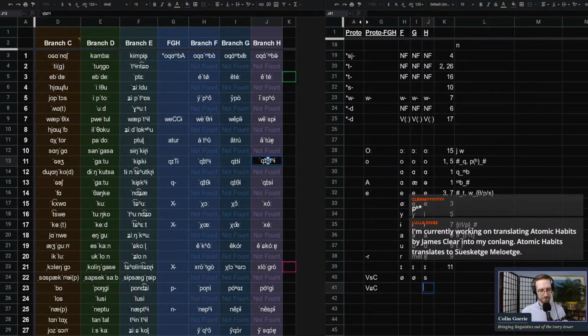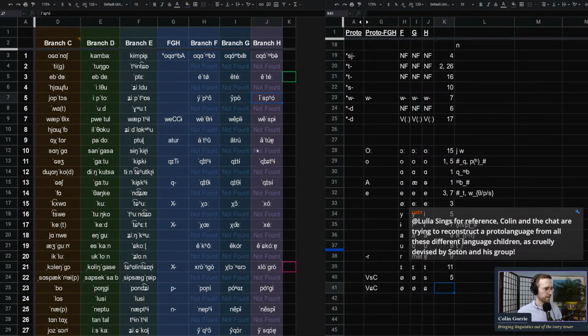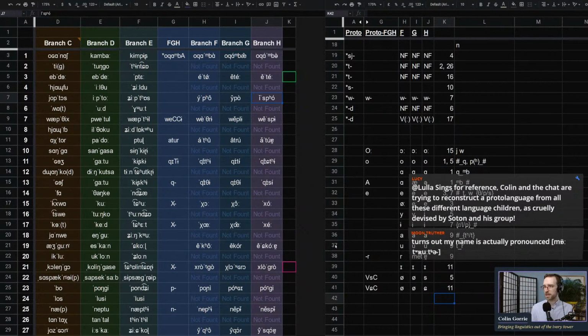And so we have our evidence for this is found in 5. Our evidence for this is found in 11. And